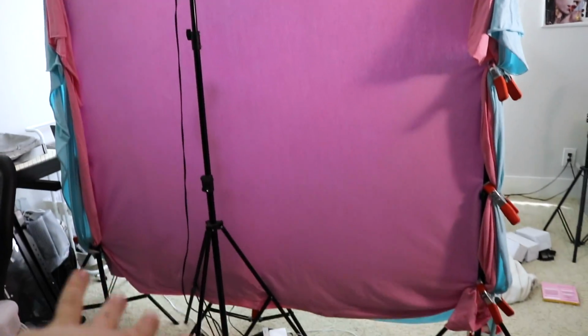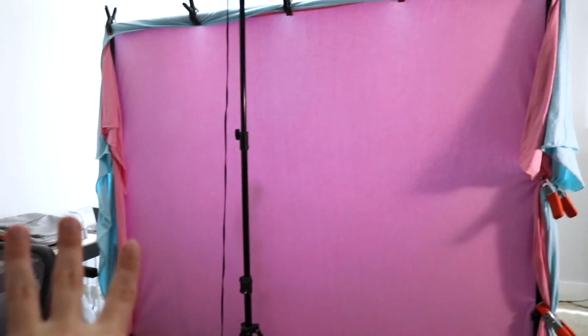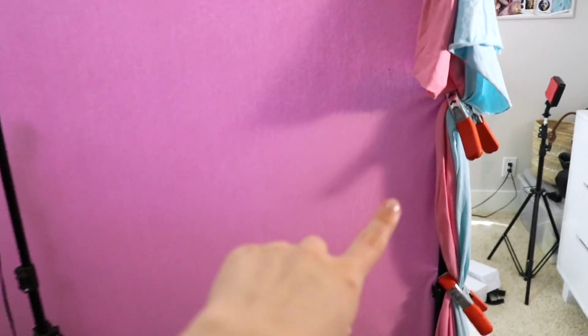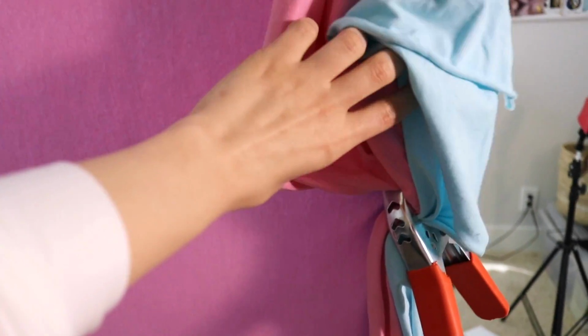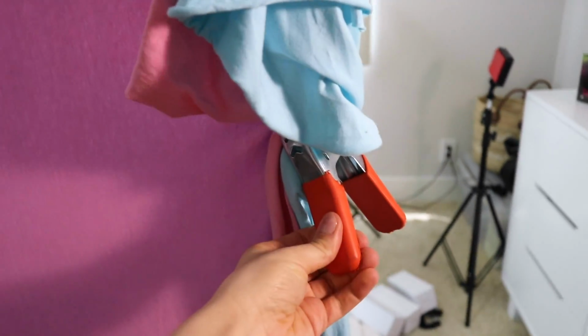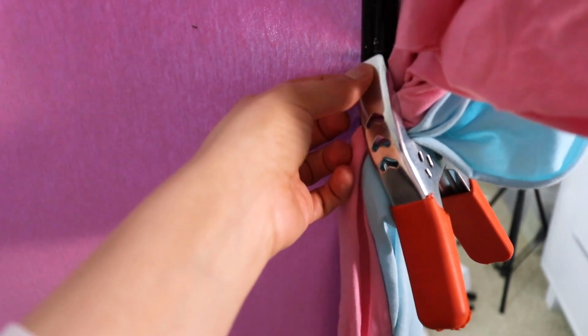So anyway, we're gonna start with the basics. Like I said, the frame, I got that on Amazon. I cannot remember how much it was, but it wasn't super expensive. Same deal with these guys. I got some clamps for the backdrops themselves on Amazon. I think these orange ones came with the set, but they're not the best. They all had these rubber protective